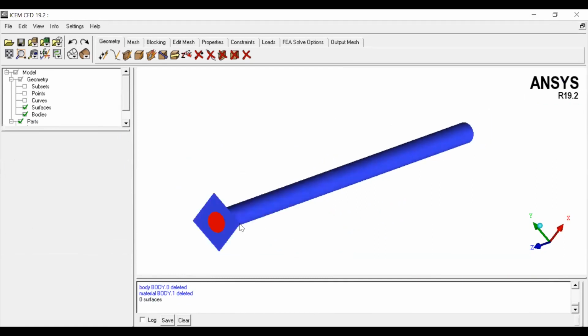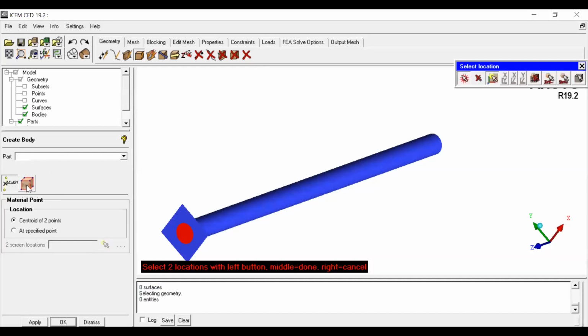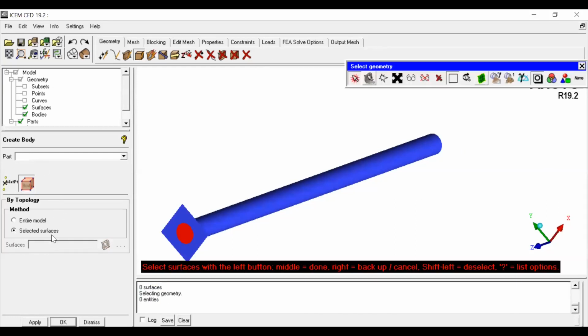So to create a solid body, go to create a body option, create a body command. There, part from screen, and you can choose by topology. We don't want to create for the entire model. We have specified surfaces, like our specified surfaces are only the pipe. So select surface. It will ask you to select the surfaces which belong to the pipe.